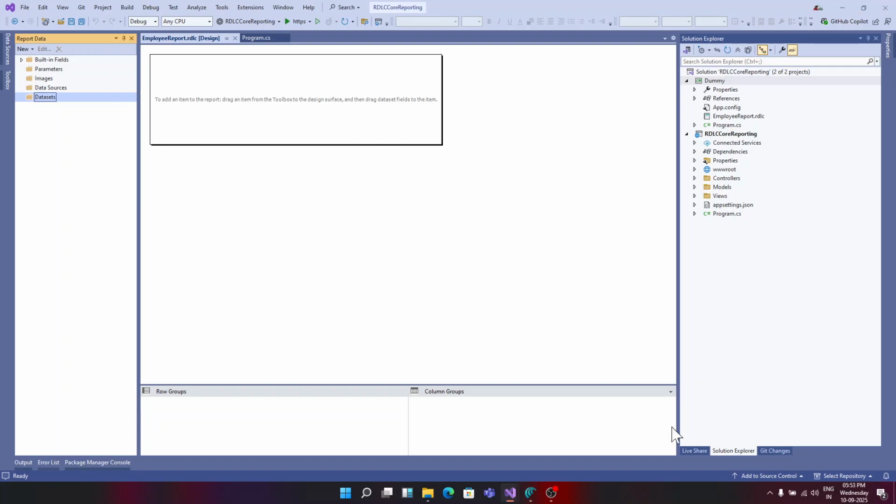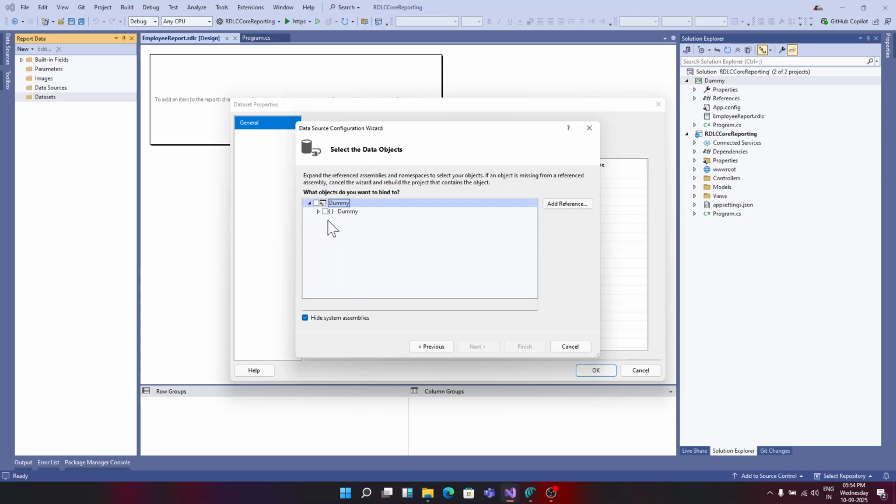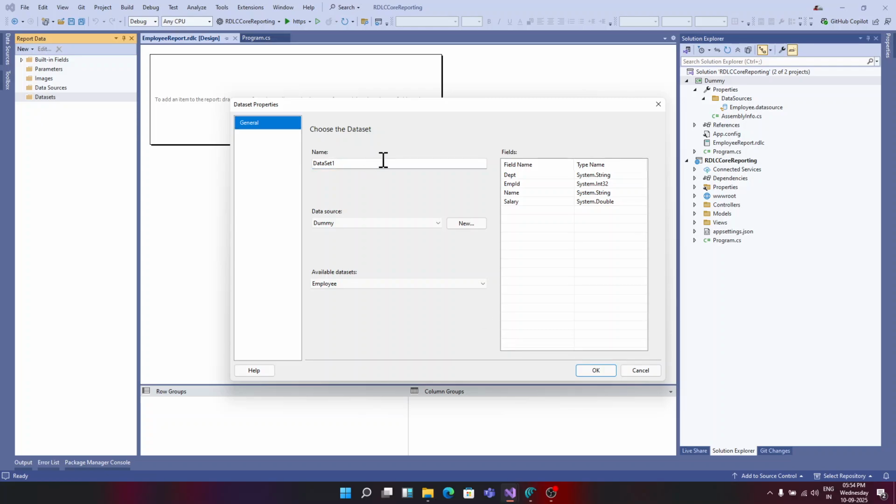All you need to have is the main class, which can provide a structure of the data. I hope that you understand this point, that the classes provide the structure, right? They are the structures. Classes with properties really provide the metadata and the structure to our application. So right now I'm just going to add the data set, click object, and click next. I'm going to check on that and choose on my employee. So this is what is already there, and click finish, and then name this as dataset